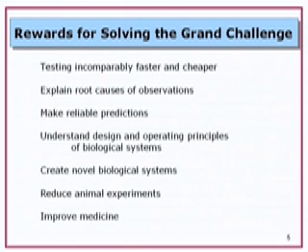So we can explore whole parameter spaces with these types of models, and as soon as the models become reliable, we can make very interesting predictions of what these systems are doing. Then ultimately we want to create novel biological systems, and that's going into synthetic biology and maybe coming a little closer to what you are doing. And in a way we could reduce some animal experiments and ultimately improve medicine.